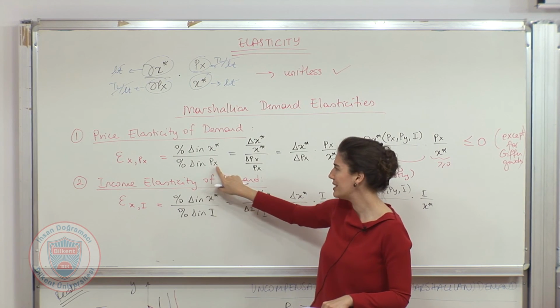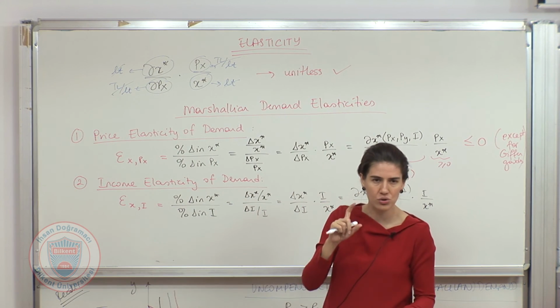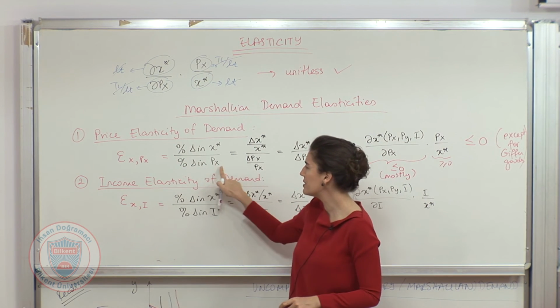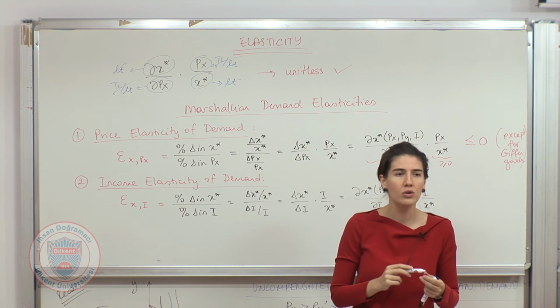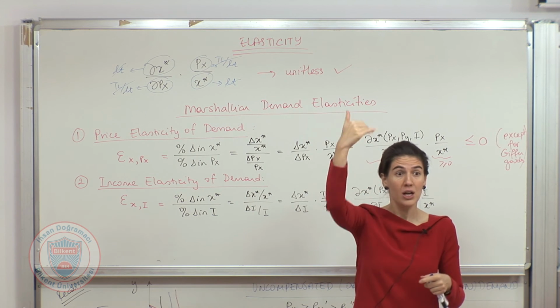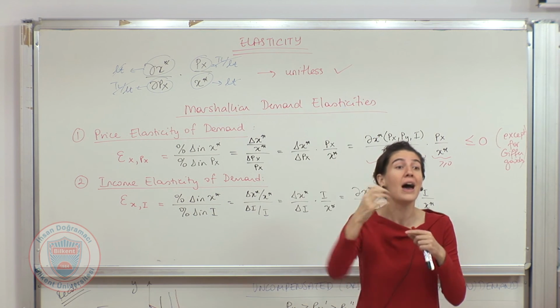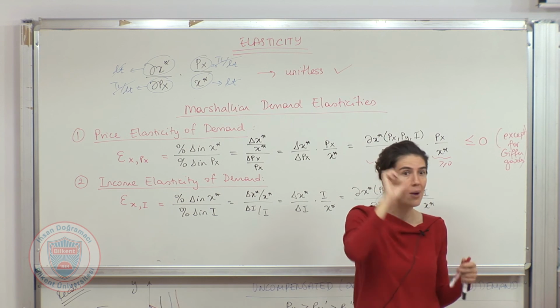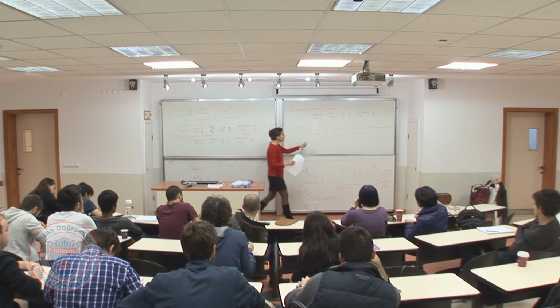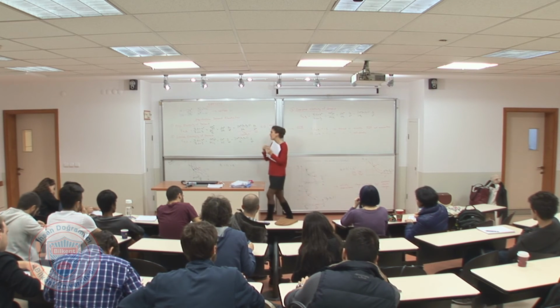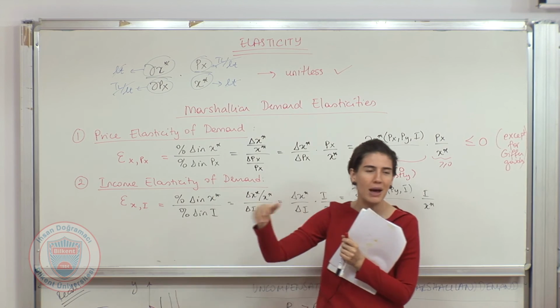Because if it's -2, then if this increases by 1%, this is going to decrease by 2%, okay? So when there's a change in price, quantity responds more than the change in price. That's why we call it elastic. It's very responsive. Here, it means that when there's a 1% increase in price, then quantity demanded would decrease